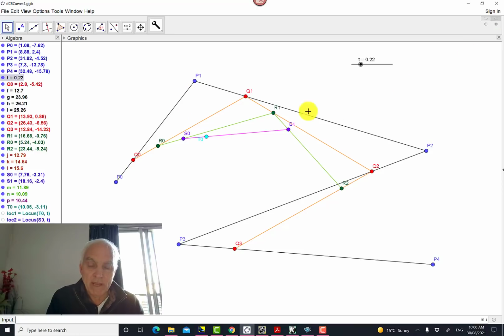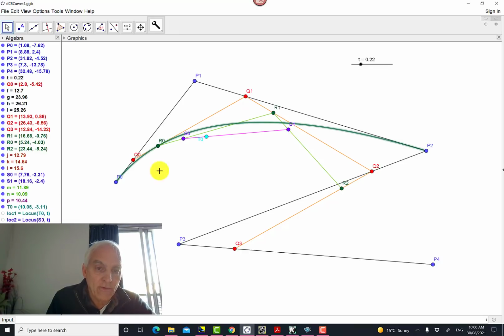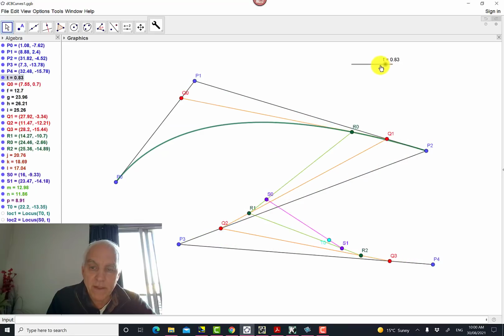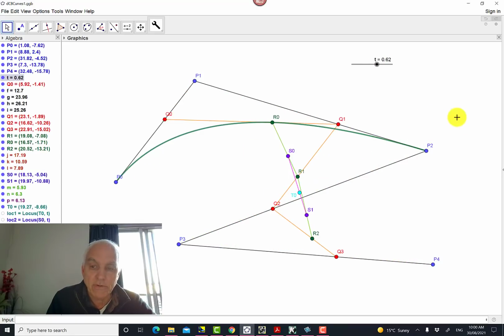And now let's look at the next level up. When we have P0, P1, and P2, we have 3 control points. Now we have Q0 and Q1 traversing these 2 segments, and now we have this next level point, R0. And now we're going to show you what R0 does. R0, this point here, as T ranges, is going to traverse this green path. The green path starts from P0 and goes to P2, but it's no longer a line.